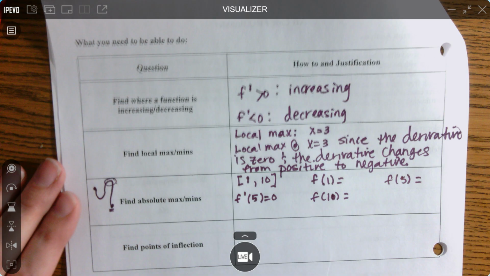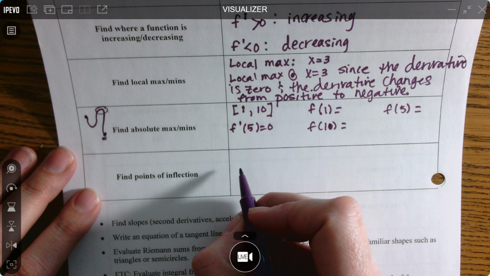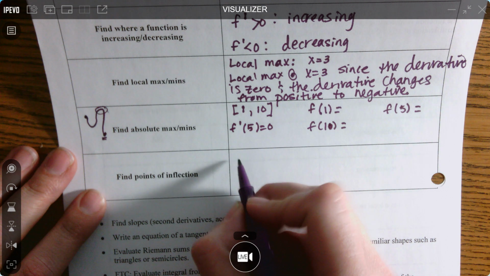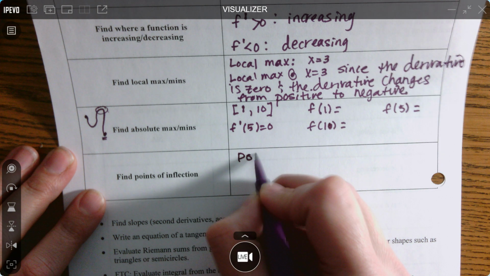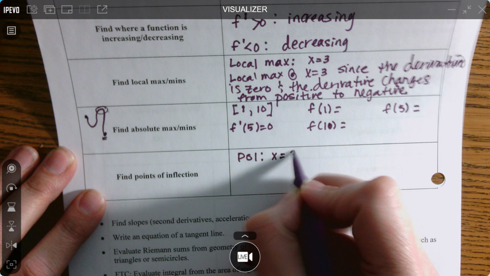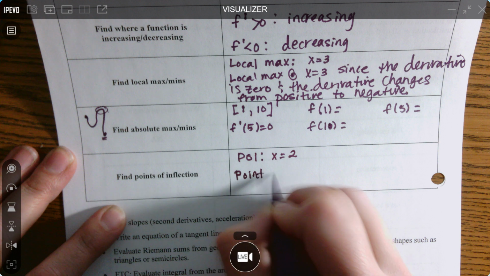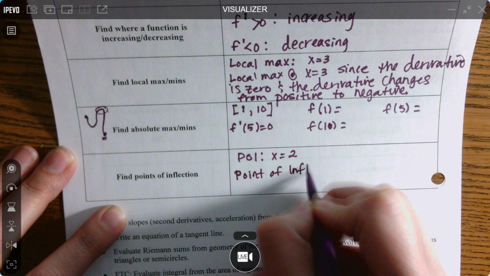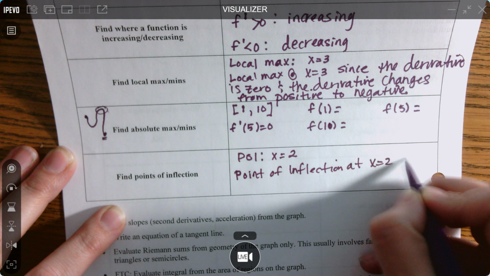So points of inflection, that last one, how do we justify? Again, technically there's 2 things that need to be met, but for the AP exam, we can just say, and again, let's just make it up. So let's say that there's a point of inflection at x equals 2. So we'll say: point of inflection at x equals 2 since